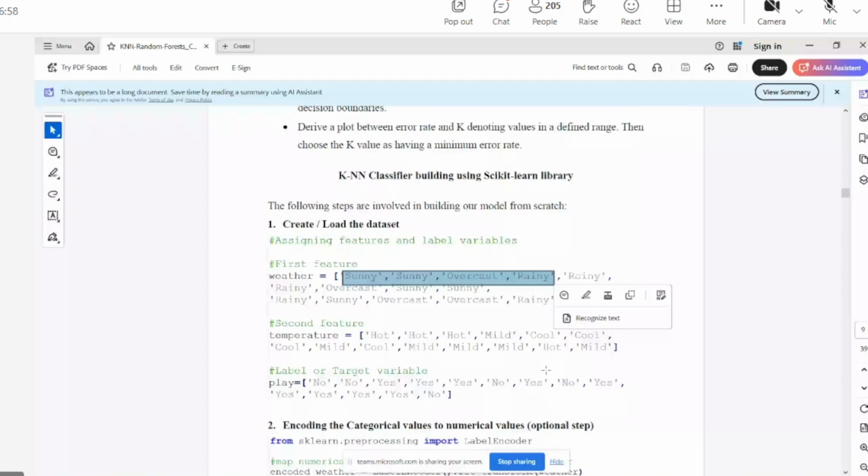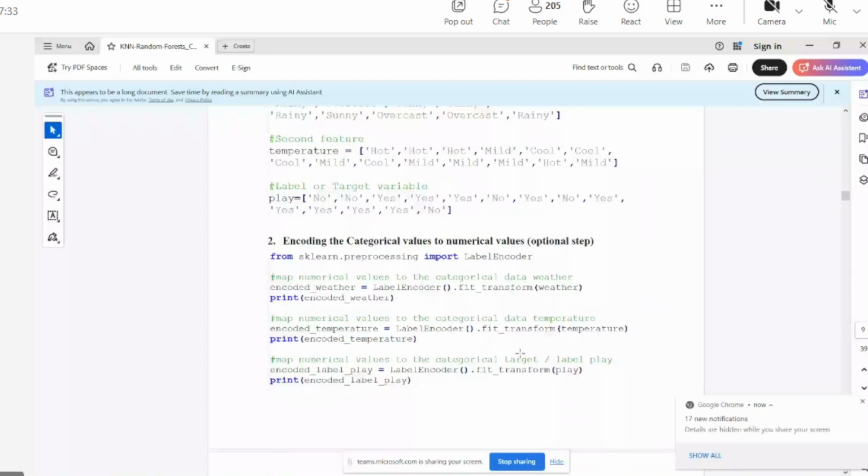So what is label encoding? Label encoding is converting the categorical value to the numerical value. Then you will get a doubt: why should I convert? Because many machine learning algorithms expect the data in numerical values, but you have categorical data. So what do you do? You pre-process it. Label encoder, one-hot encoding, there are so many techniques. So here I am using label encoder. So let's go to the code now.